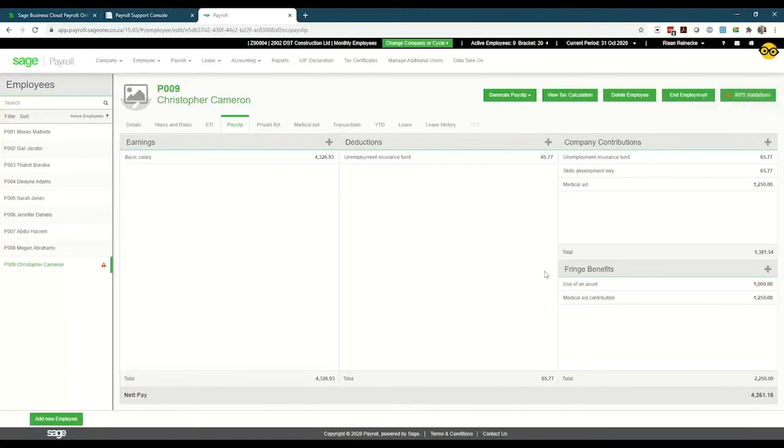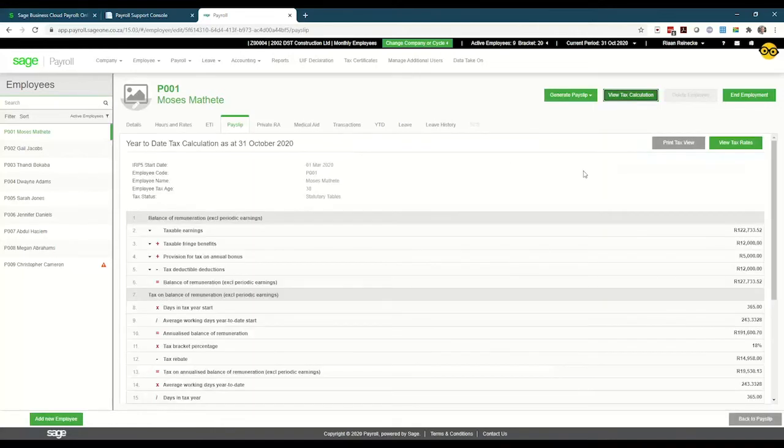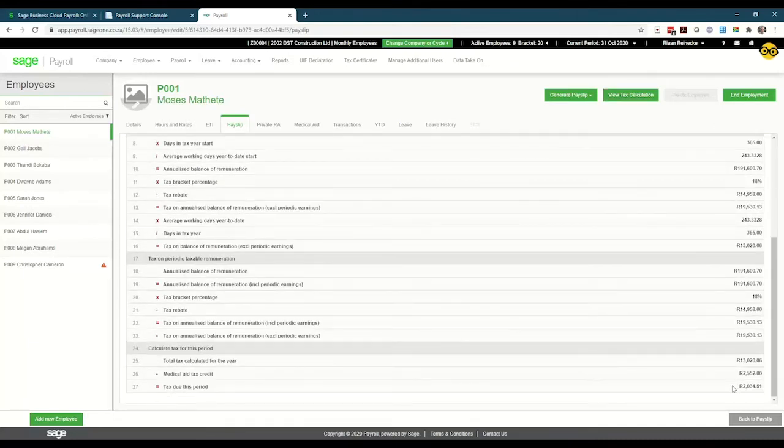Once you've set up your employee, let's just go to Moses because he's got a bit more information already. Once you've completed your employee setup, you can view the tax calculation. Sometimes employees do ask, but how do you get to the amount of tax that I need to pay? Click on View Tax Calc, and it shows you exactly how the system gets to the tax payable for this